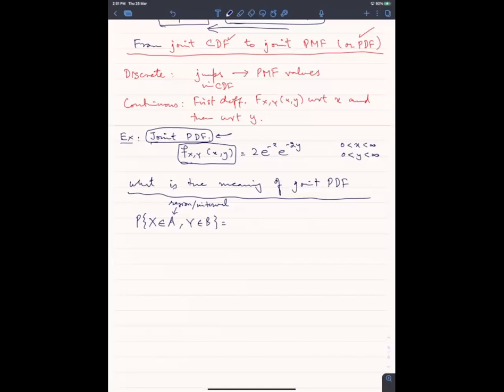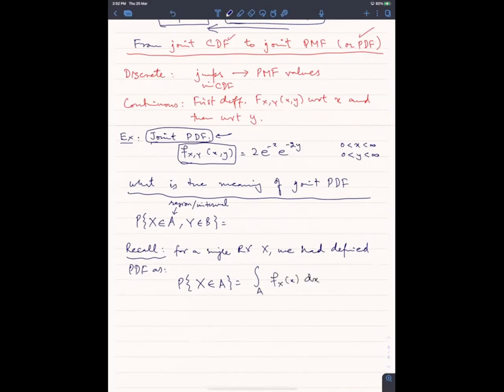रिकॉल हमने एक सिंगल रैंडम वेरिएबल के लिए प्रोबेबिलिटी डेंसिटी फंक्शन कैसे डिफाइन किया था. रिकॉल करें पहले, ये इसका मैं आंसर बाद में लिखता हूं. रिकॉल करें कि फॉर अ सिंगल रैंडम वेरिएबल x we had defined PDF as कि probability x belongs to this interval a is equal to the integral over a